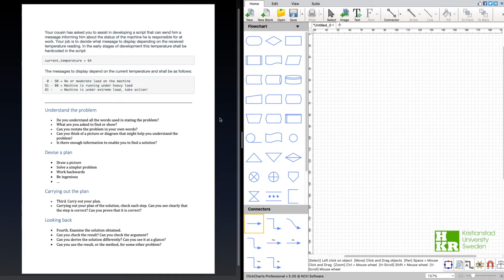So in the analysis for this task, we will start by reading the text and trying to understand what the task is. And I have read it and I think I understand what we're supposed to do. We are trying to develop a script and we are to make a decision based on the temperature that is stored as a variable in the script, and depending on what that temperature is, we are going to give 1 out of 3 messages. So let's see if we can mark that in the script,